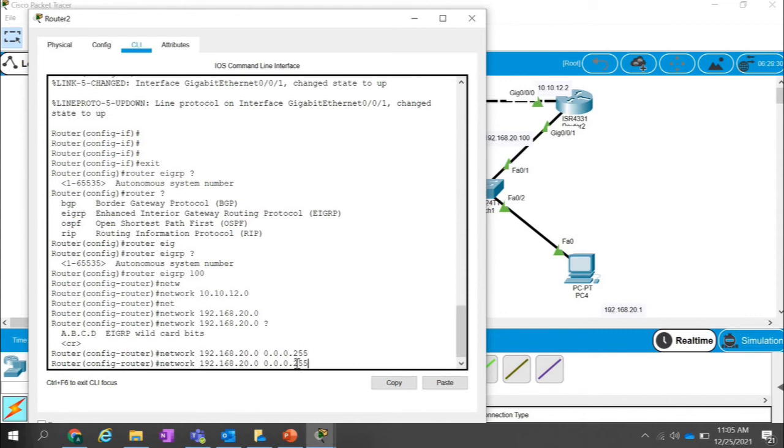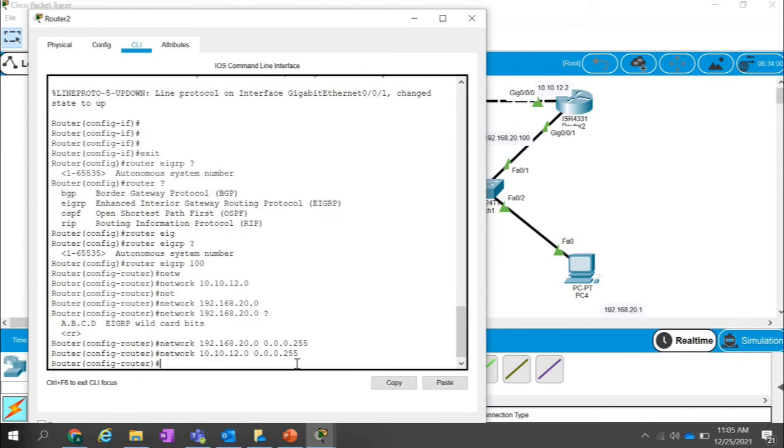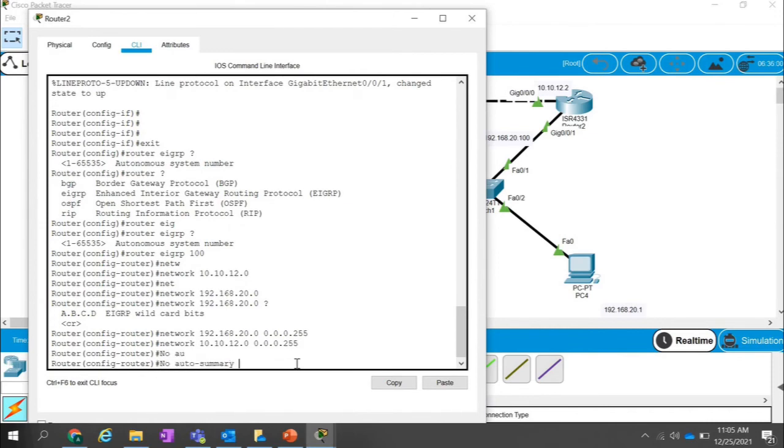So it's always recommended to do that. And if you do not, not to worry, you just have to put one extra command. Which command? You have to put no auto-summary. Even if you don't give the wildcard mask, you are safe. But never forget to give this command, no auto-summary.